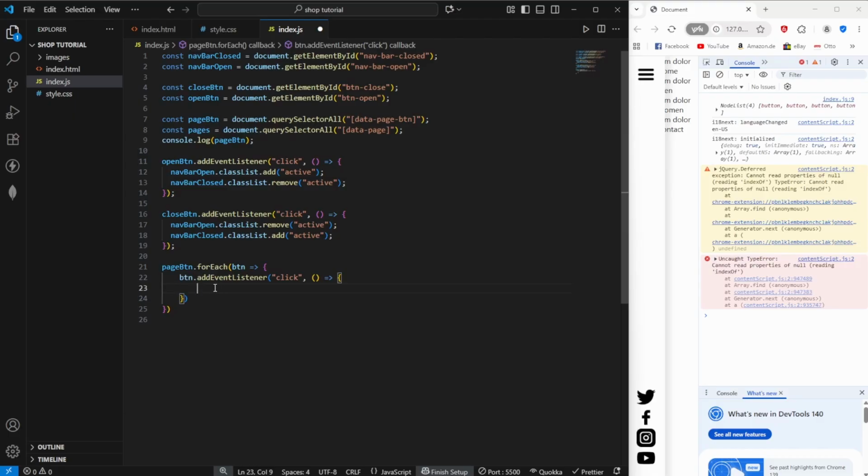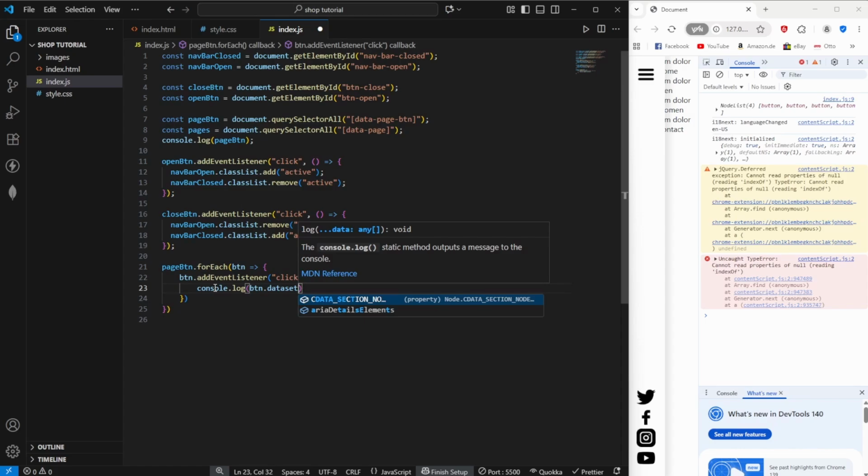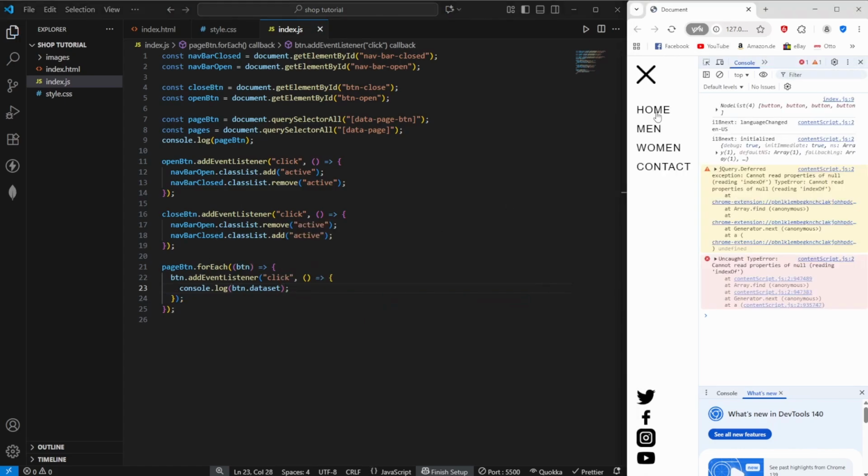I'm going to console.log this one for you, console.log btn.dataset, for example. And now let's just console.log this. We're going to click one of those buttons. And as you can see, we are getting page button of home. So if we access button.dataset, we are getting this object that includes the page button